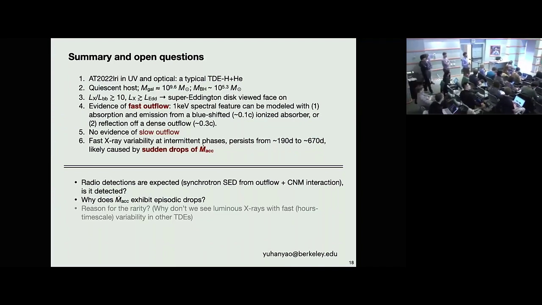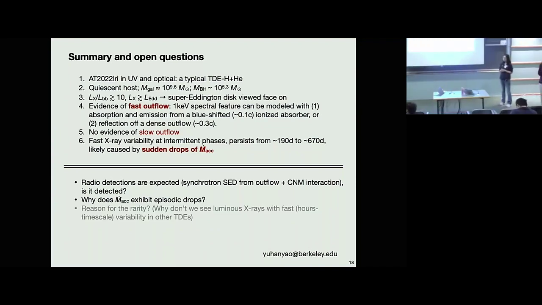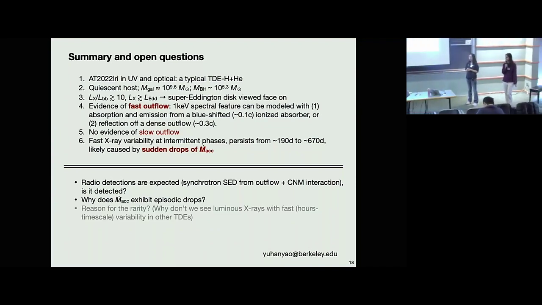So the fact that you probably successfully modeled it as a thin disk, doesn't it maybe suggest that the mass is higher than the optical data would suggest, and that it's not super Eddington? Or if it is super Eddington, then maybe all the residuals from the thin disk model are due to the fact that we don't model super Eddington accretion flows that well, rather than outflows or power laws. Yeah, I did try the slim disk model, some of the available models for super Eddington disks in XSPEC, and they also leave strong residuals. So I think the features that you see cannot be totally accounted for if you just change your disk model.